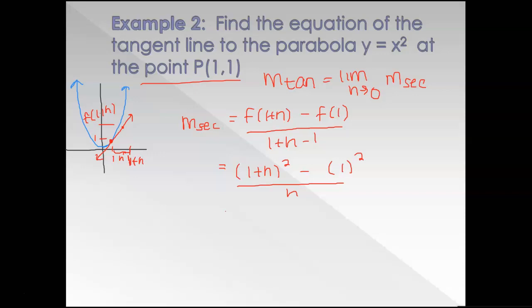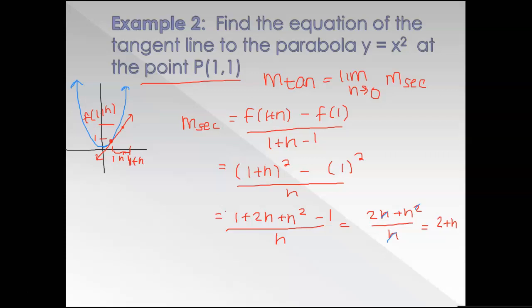FOIL 1 plus h squared, and you get 1 plus 2h plus h squared minus 1. Your 1's cancel, and you are left with 2h plus h squared over h. So this is a case where you can cancel the h's on top with the h on bottom, because the denominator is a singular variable. So we get that the slope of the secant is equal to 2 plus h,